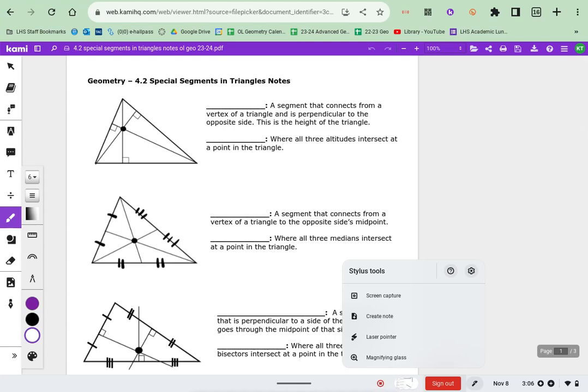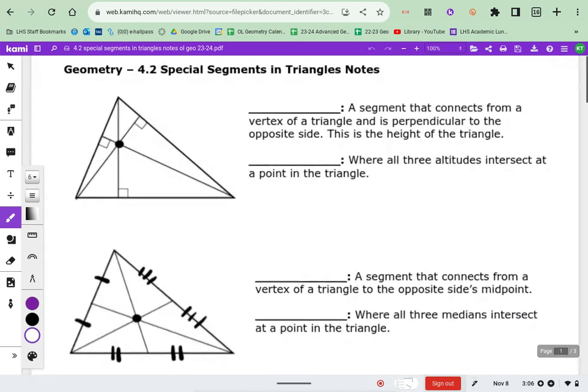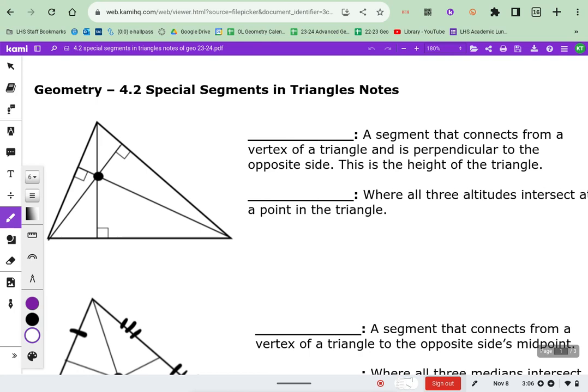Special segments in triangles. There are 4 different types of special segments that each make a different kind of special center, and they have some properties that we'll talk about too. We'll go through the different special segments and what centers they make, and then we'll look at how we can apply them. So the first one,